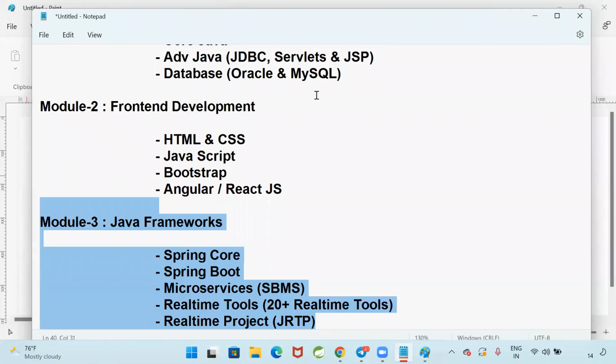You have to come to the institute from 9 to 8. You have to be in the institute. I am providing you an AC lab, a lab coordinator, offline classes and online classes. You will get the class recordings, class notes and class videos. All 360 degrees of support will be there from my side, and your dedication and commitment should be there. Then we can do wonders. Then only magic will happen.